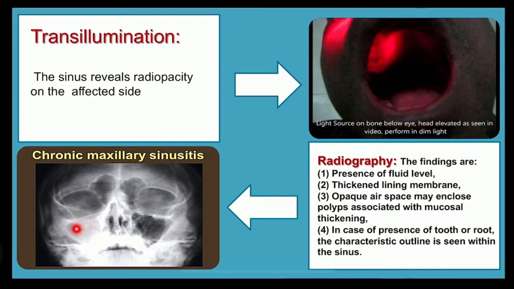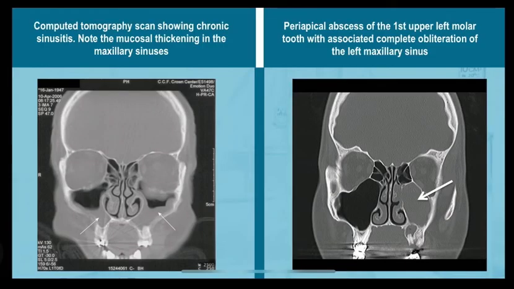The space may be enclosed by a polyp associated with the mucosal thickening. In the presence of a tooth or root, the characteristic outline is seen within the sinus. Here we have two pictures of CT scan. First, here there is a complete obliteration of the maxillary sinus, and here there is a thickening in the maxillary